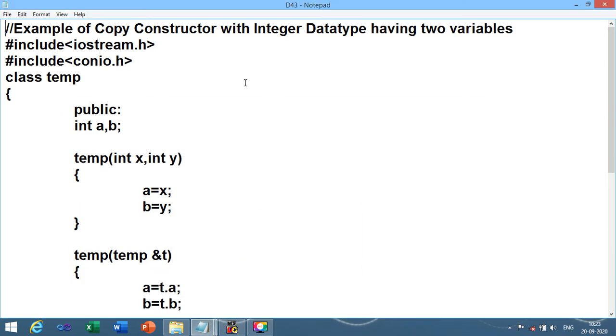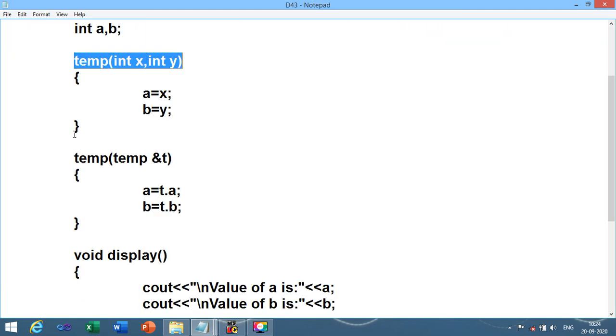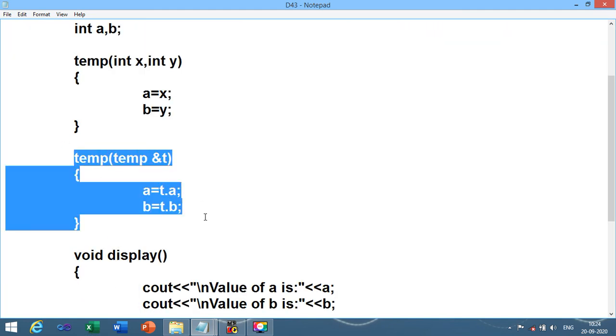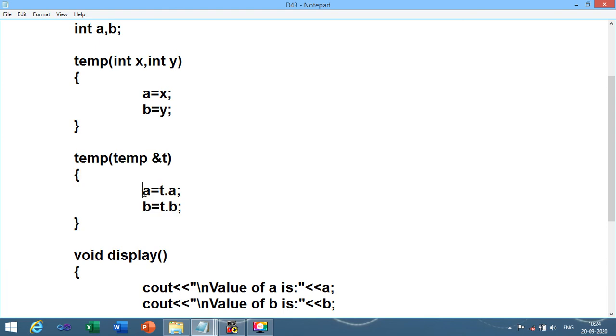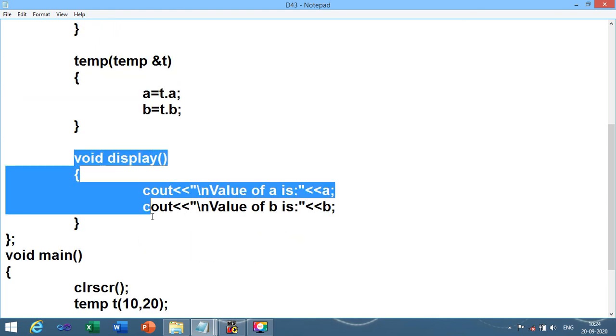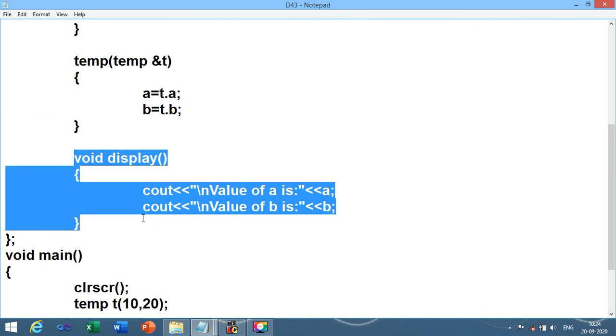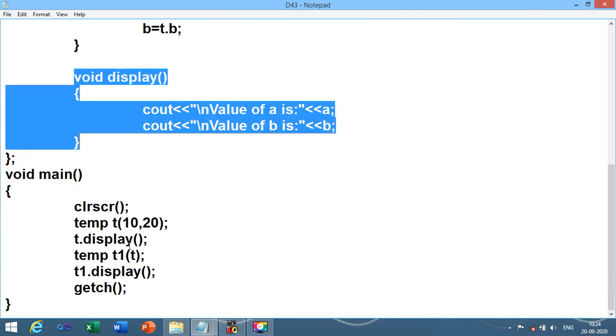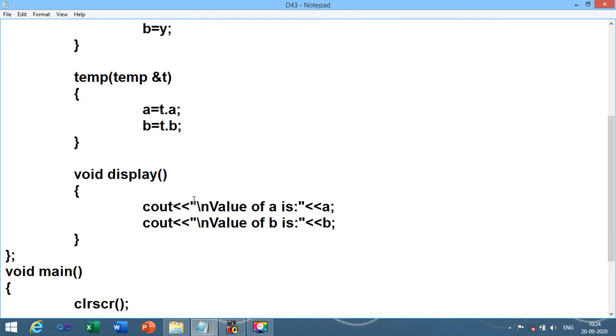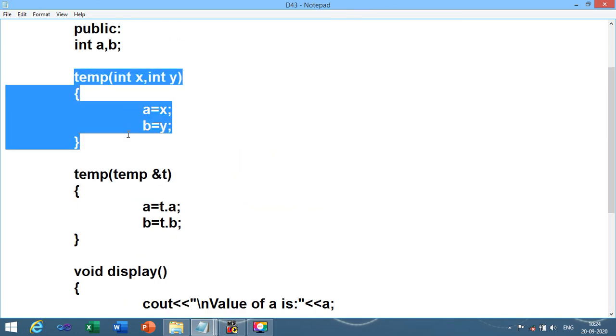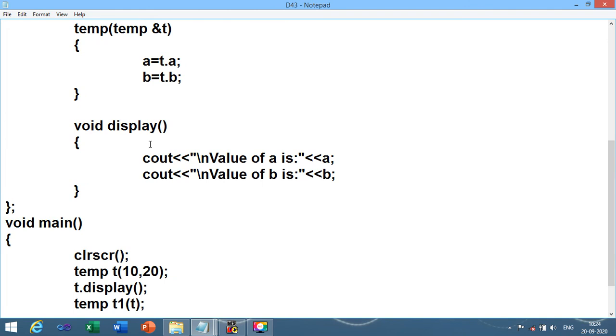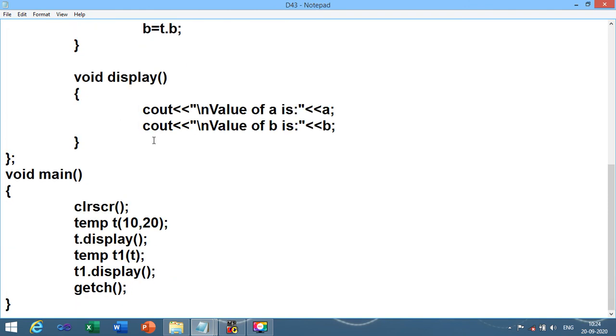This you need to save as, and we are going to implement it with the two variables, that is a and b. You need to take two variables in the argument list also. Over here, when you are going to copy the variable, at that time you need to assign value of two variables. Void display will display the value of a and b. We have applied two values, so it will call two integer argument constructor and initialize the value of a and b.